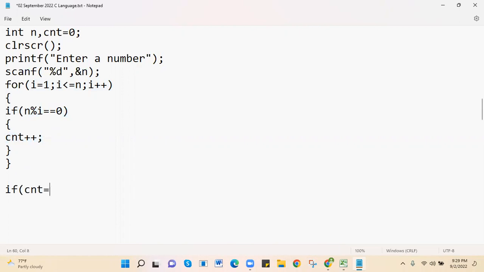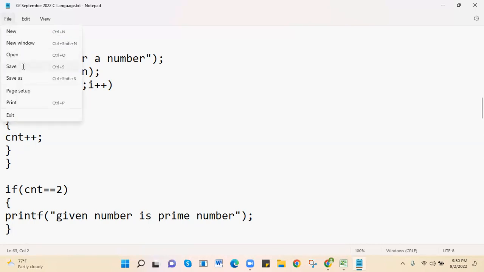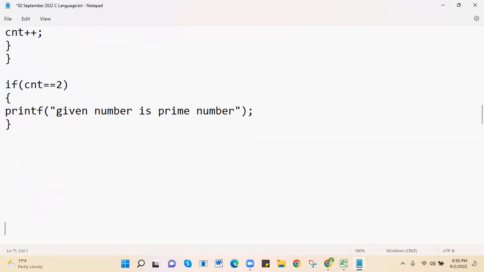If count is equal to 2, then what we have to do? We have to ask the compiler to print given number is prime number. Count is 2, then it is a prime number. Else,